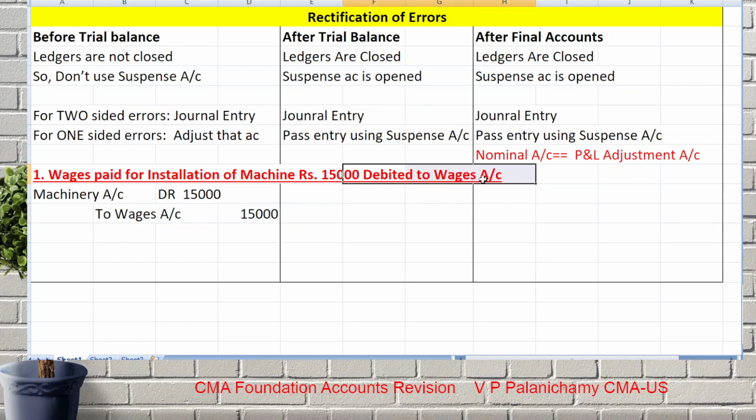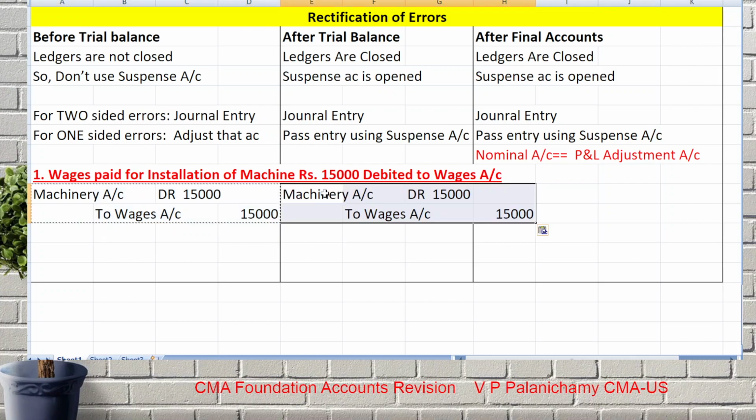Now to remove this, we credit it. We have wrongly debited in the ledger, so what should we do? Credit. So wages was wrongly debited, credit to remove. Machinery should be debited, debit now. If it is rectified after trial balance also, same journal entry. If it is rectified after final accounts now, okay,